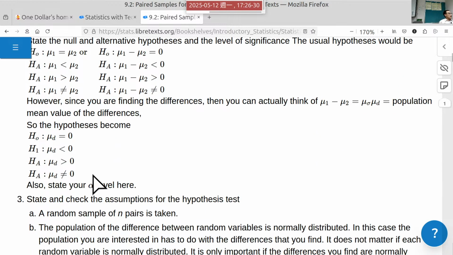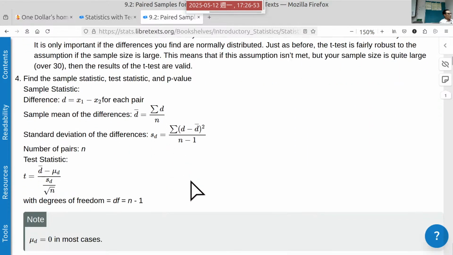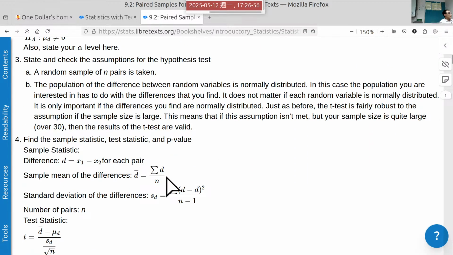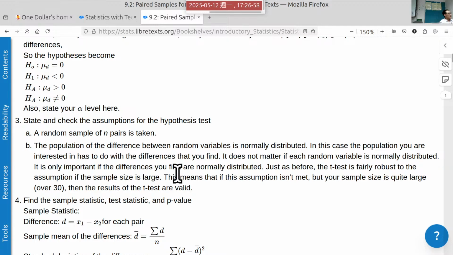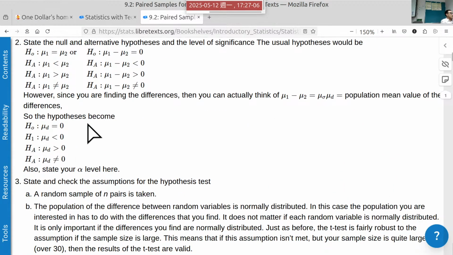However, since you are finding the differences, you can actually think of mu1 minus mu2 as mu d, the population mean value of the differences. Population mean of the differences. So the hypothesis becomes